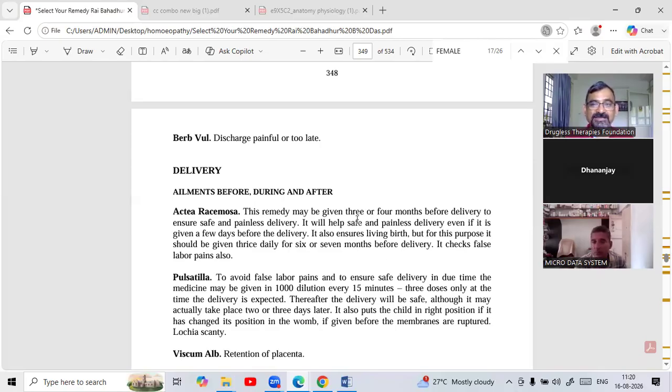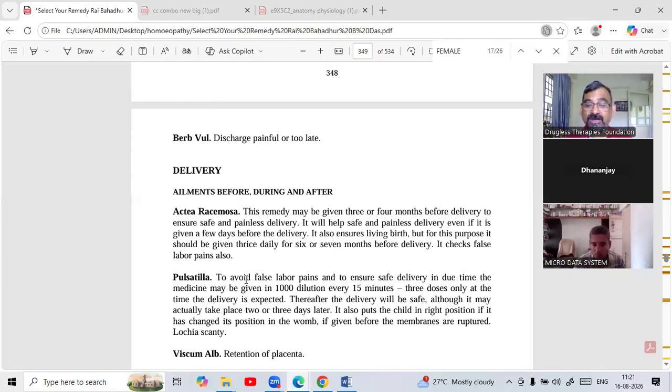Painless delivery. It helps to have a painless delivery. In our numerical materia medica, Actaea racemosa, cimicifuga is there. You can give. I already told you, if no potency is mentioned, it is 30 potency you have to give. Otherwise, you see,